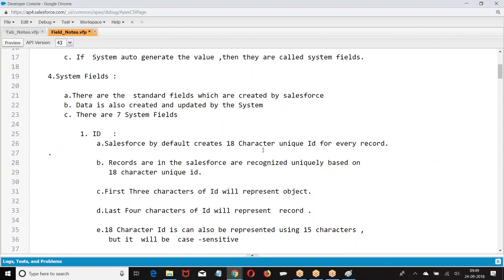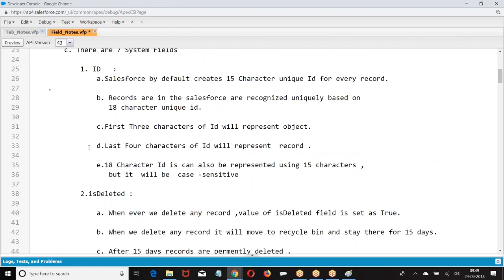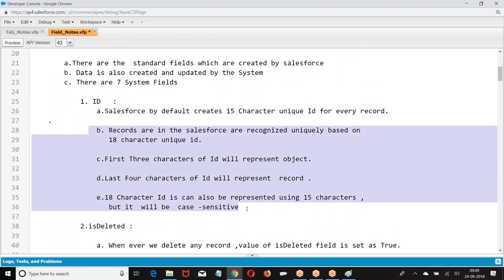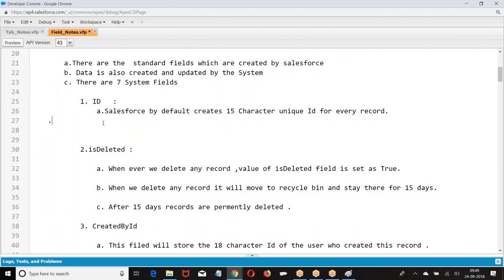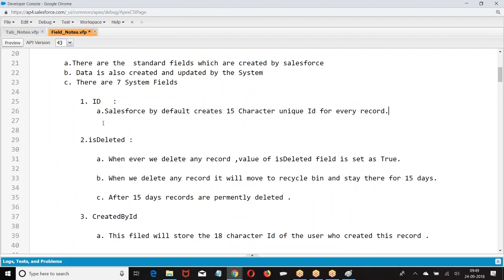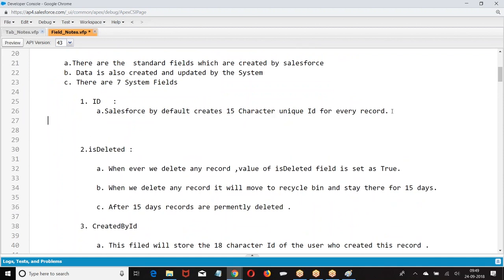ID. Salesforce by default creates a 15 character unique ID for every record. Based on this ID only, Salesforce will recognize the record.